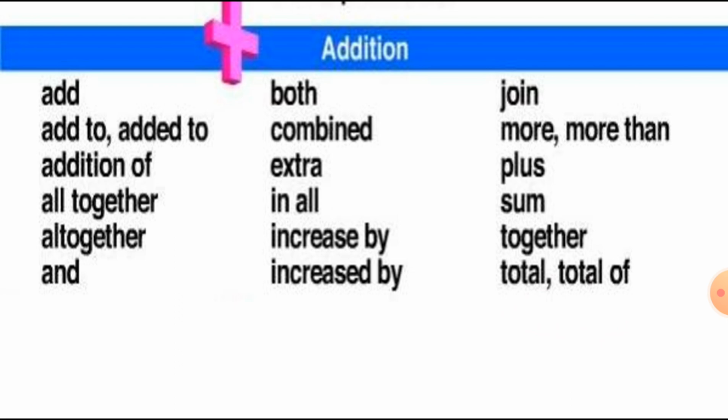So you have to note down these points into your fair book. You will easily find whether the word problem sum is an addition word problem or a subtraction word problem. You have to decide by finding the keywords of the addition and subtraction. So these are all the keywords of the addition.